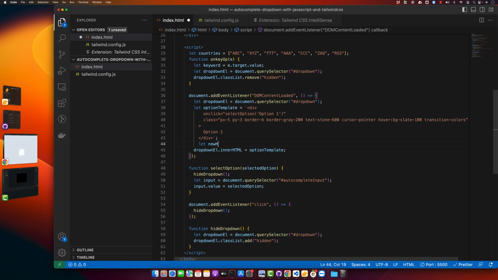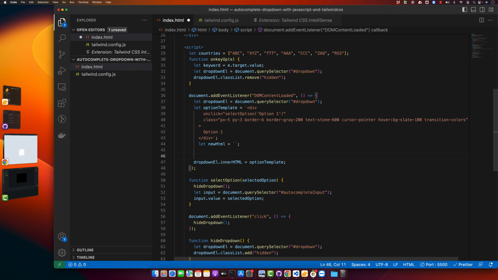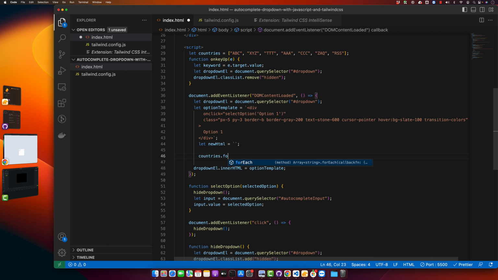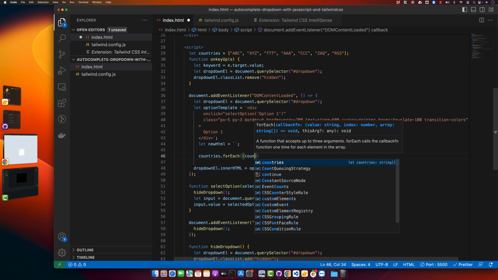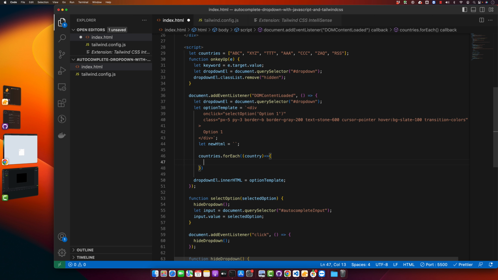Let new HTML is equal to empty string, and I will start a loop to concatenate every new option HTML string, and we will save in that new HTML. So let's run a loop against the countries dot for each country,